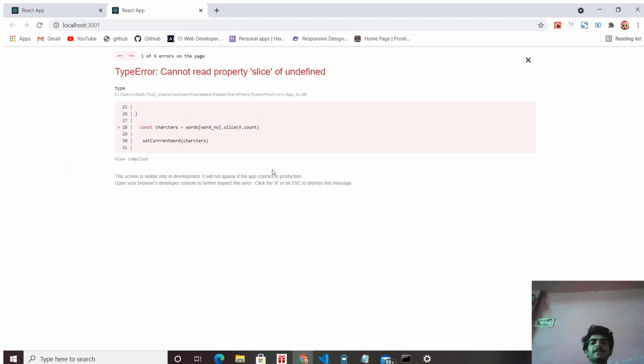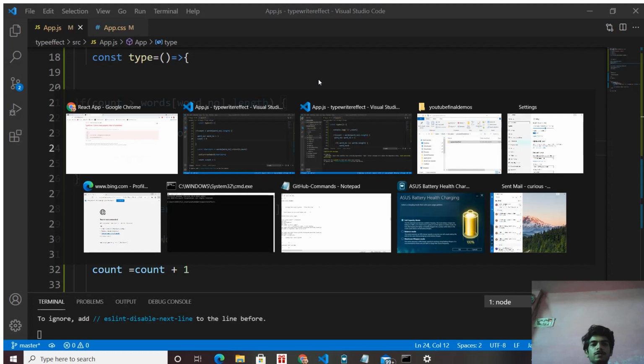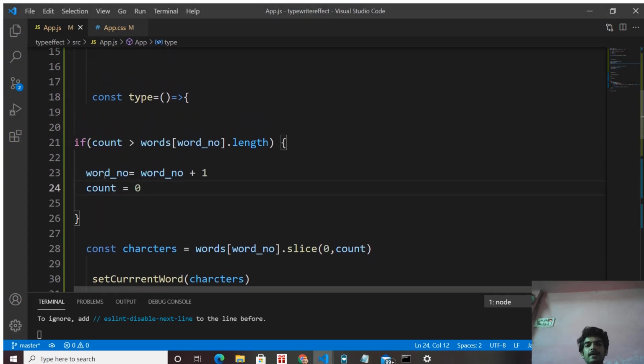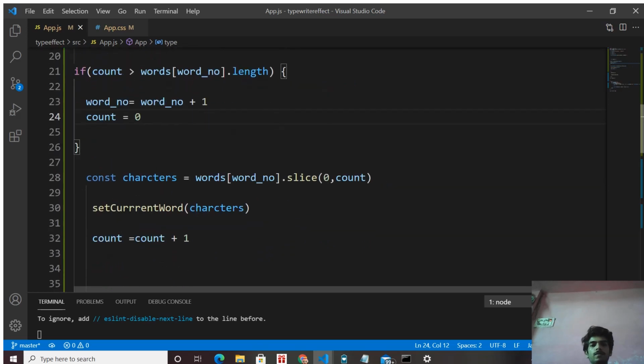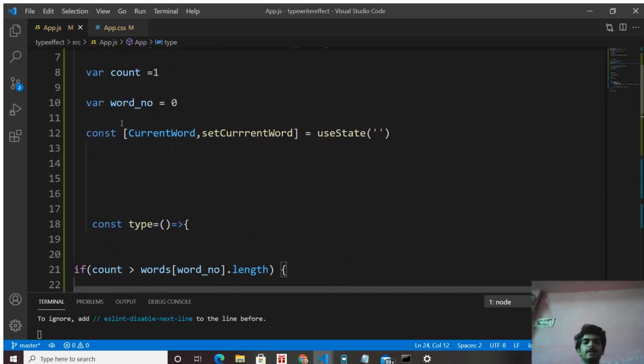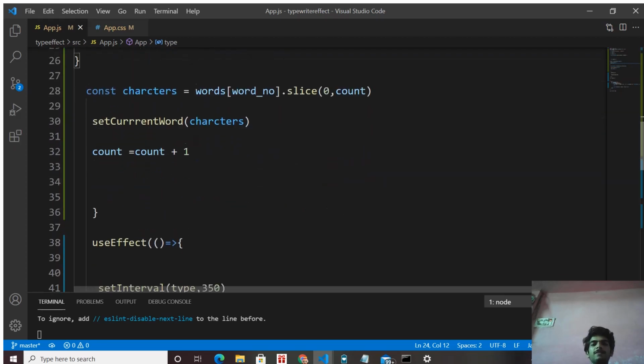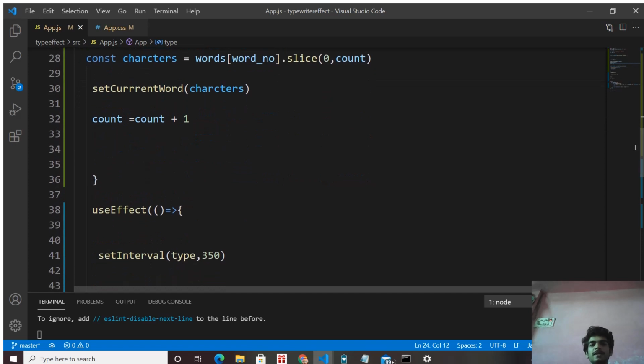After the second word it has shown an error, cannot read property slice of undefined, because now our word number has the value 2, but in the array of our words we have only 2 words. Word number 2 means the third word of our words array, but we don't have any third word. That's why the slice function is showing this error.